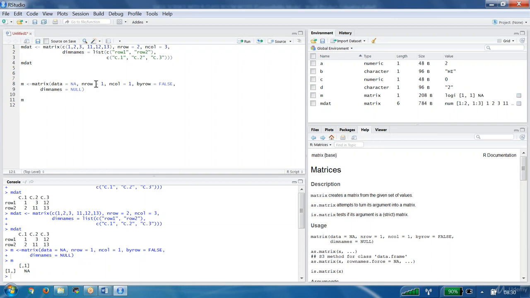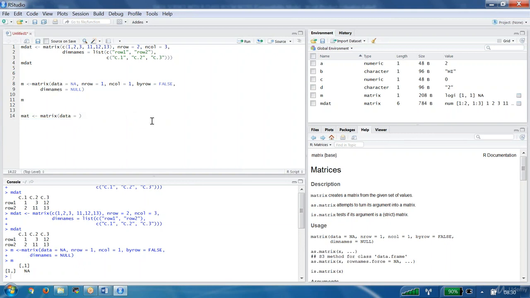Let us start our journey with the first one. Let us say I am putting the matrix name as M80. First I am trying with the data argument, nothing else.